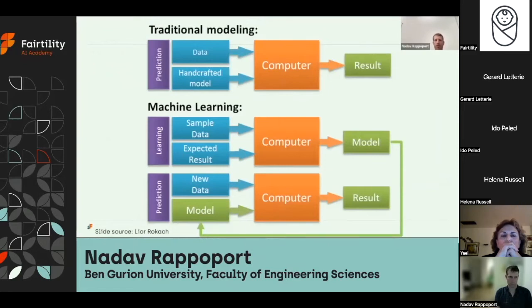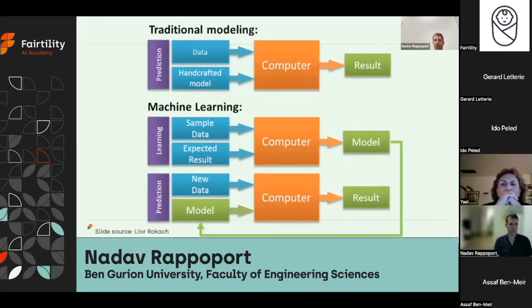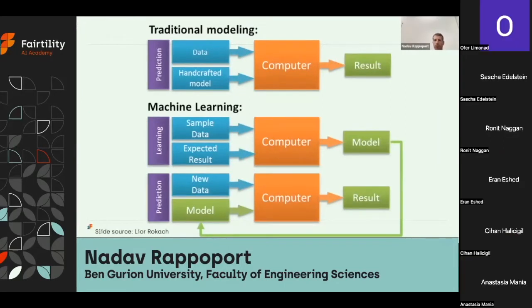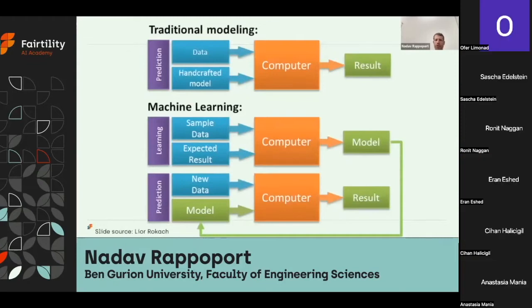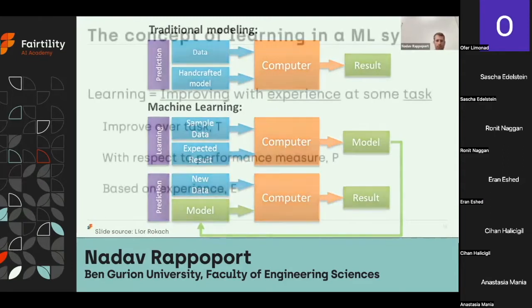So in this way, the algorithm gets a sample of the data and also the expected result for every point in the sample data. Then the algorithm learns a model which it can use for unseen data points where it doesn't have the result. We will see an example of this in a few slides.